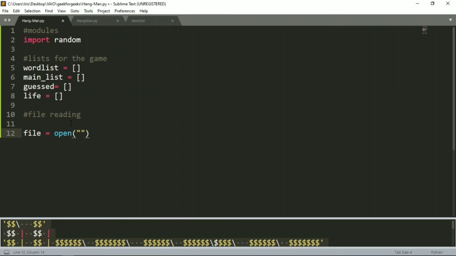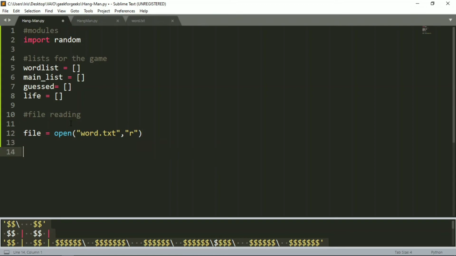First we will name our text file, that is word.txt, and now we will use a mode, to give the program a meaning that it should read from the file, or write into a file, or append information. For this program, we do not need to write any information into a file. We need to pull out, meaning read information from a file. So I'll simply put an r, which means it will read information from a file.